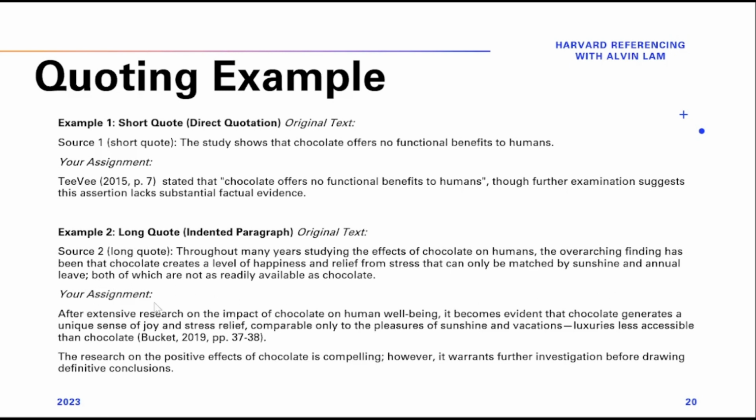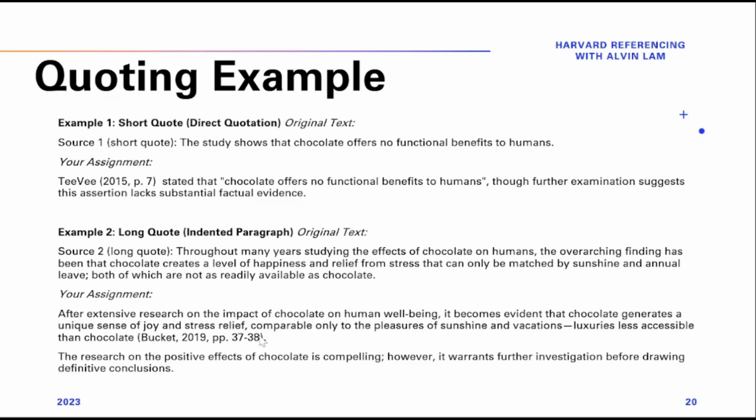In your assignment, if you are going to use this as a long quote, you will have to paraphrase it, such as: "After extensive research on the impact of chocolate on human beings, it becomes evident chocolate generates a unique sense of joy and stress relief." So they are basically word changes, and therefore you will have to cite them behind,